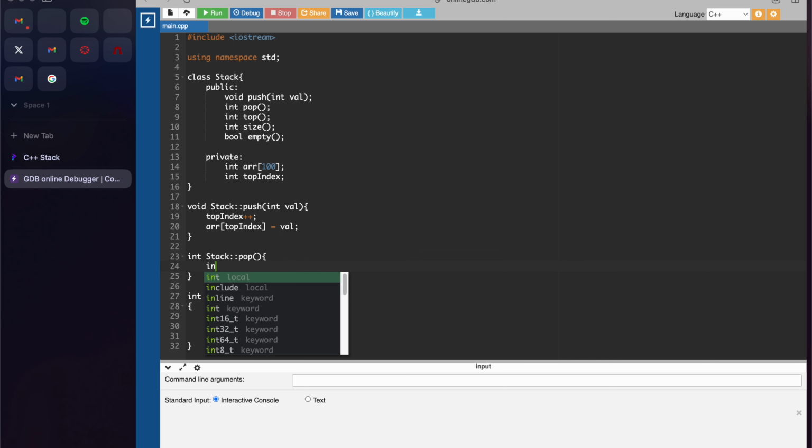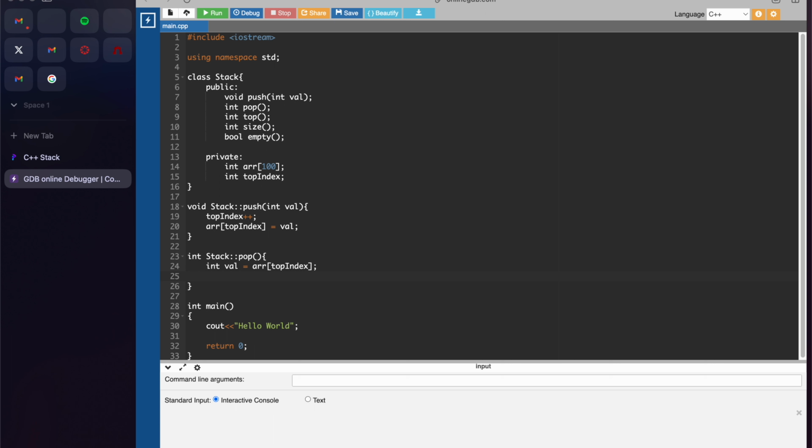Since this returns the value, we will keep track of the value in here. Since we can only remove the top index element, we will set val to the element at the top index. We will remove the top element by reducing the top index. So basically what happens is, if we have this in an array and we have removed 4, and at first the 4 was at the top index,